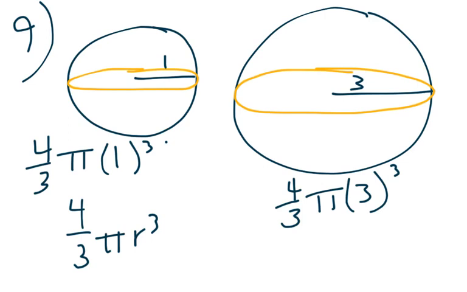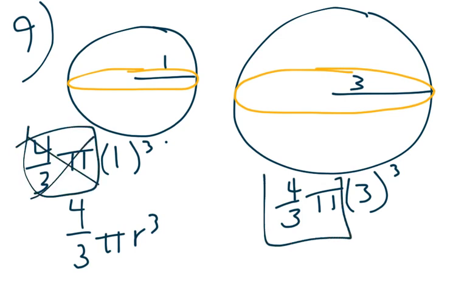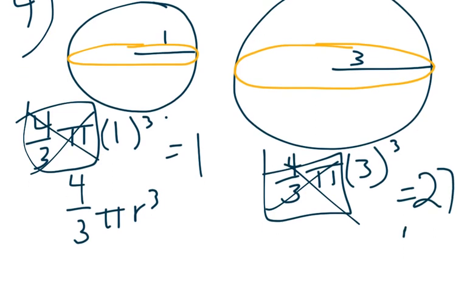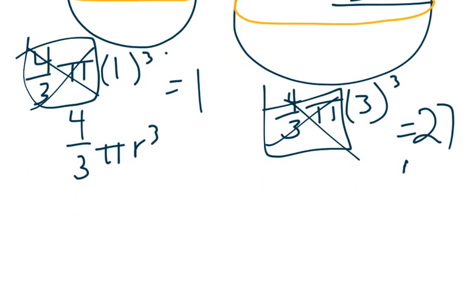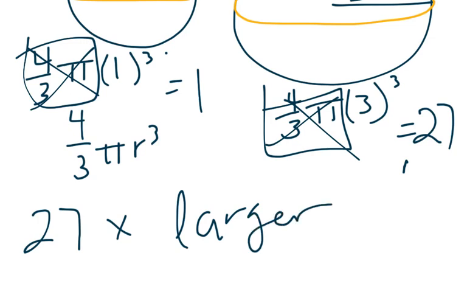So we can ignore the 4/3 and the pi and just look at the radius. So 1 cubed is 1, and 3 cubed is 27. So that means that with a ratio of 1 to 27, the bigger sphere is 27 times larger than the first one. And that is your answer